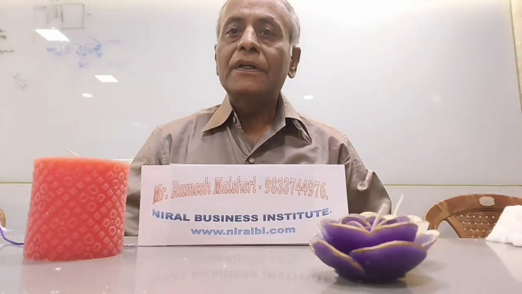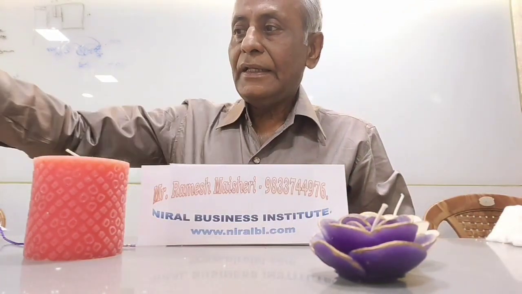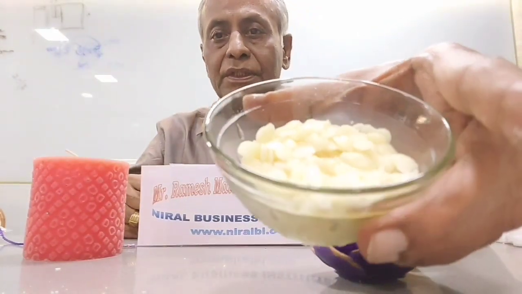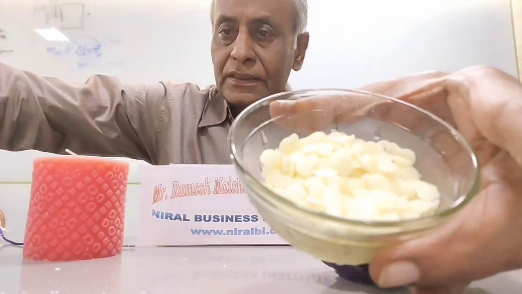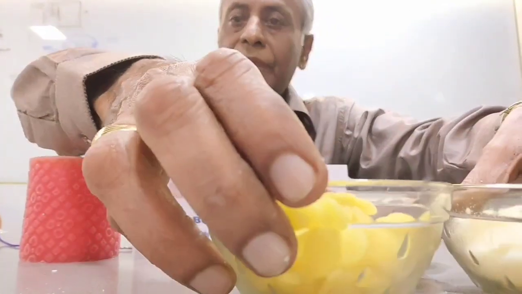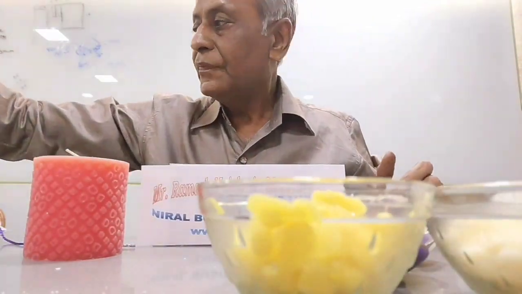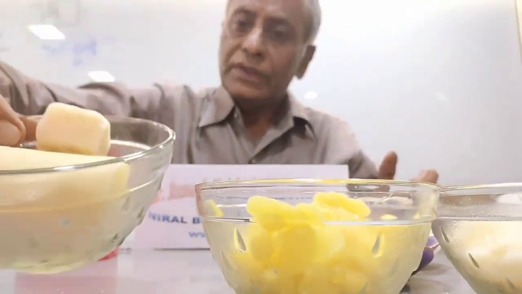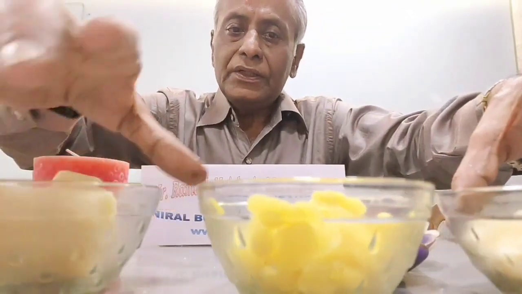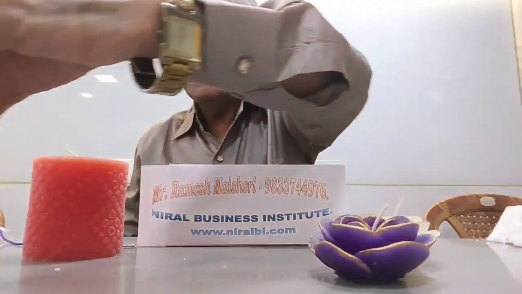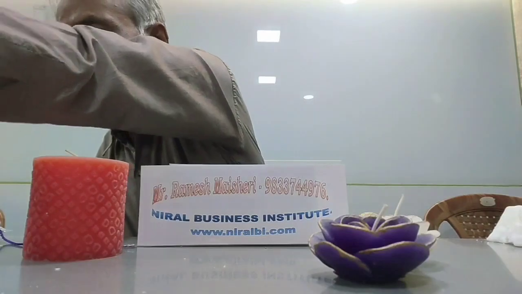Besides that, further waxes are available like beeswax. So this is beeswax. Now beeswax comes in different colors. Sometimes it comes white, sometimes it comes in yellow form, and sometimes it may come in slab form. So this is a slab form. Whichever is available, you can use. So next is my beeswax. Now beeswax we can use the same way.